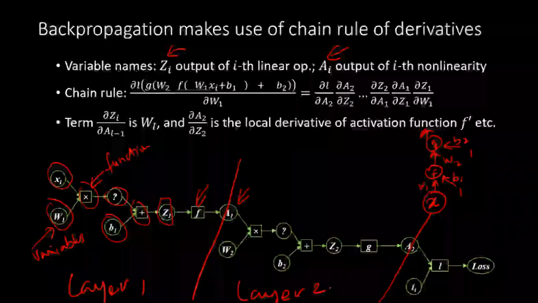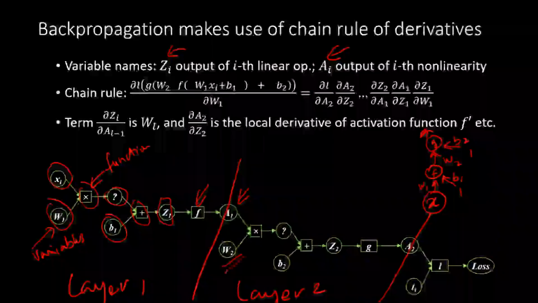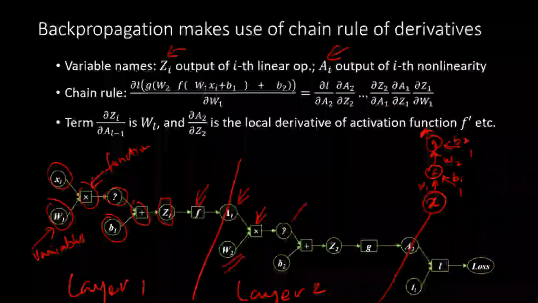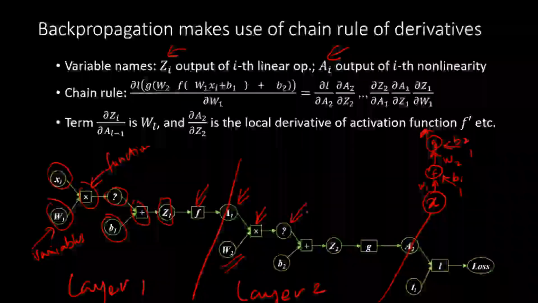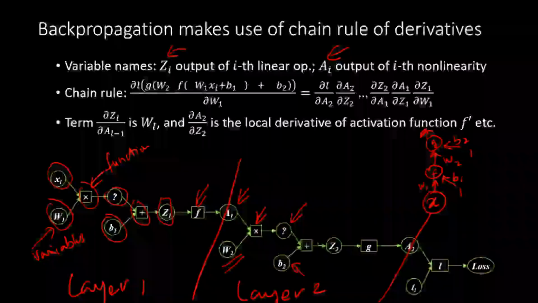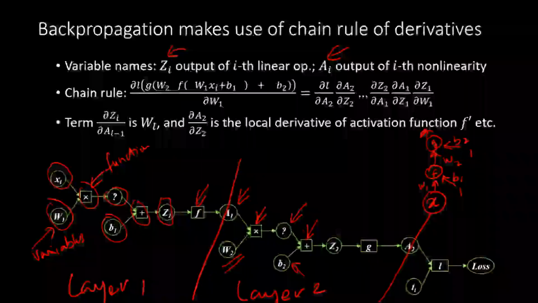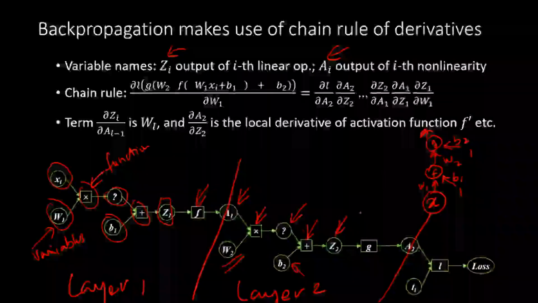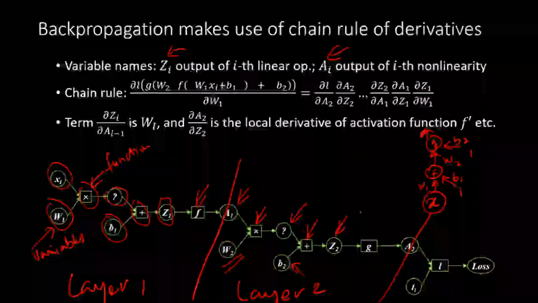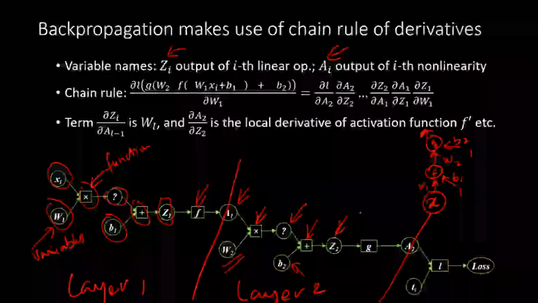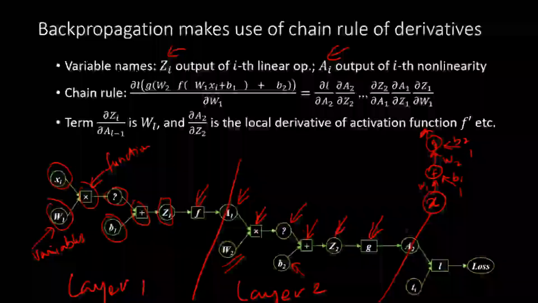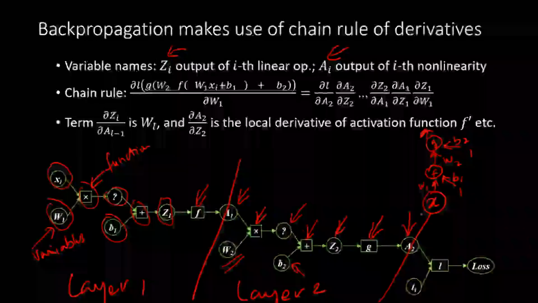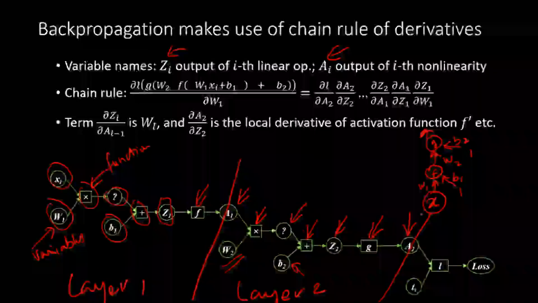Now this input to the layer 2 is now multiplied with weight W2 using this multiplication function, and then an unnamed variable comes out of it, and we add a bias B2 to it, and that is this addition operation, and what we get out of that is Z2, right? So this Z2 is the output of this linear combination of the input to this layer, and then we apply a nonlinearity to it, and what we get out of that is A2. Okay, so this is the output of your neural network. The A2 is the output of your neural network.